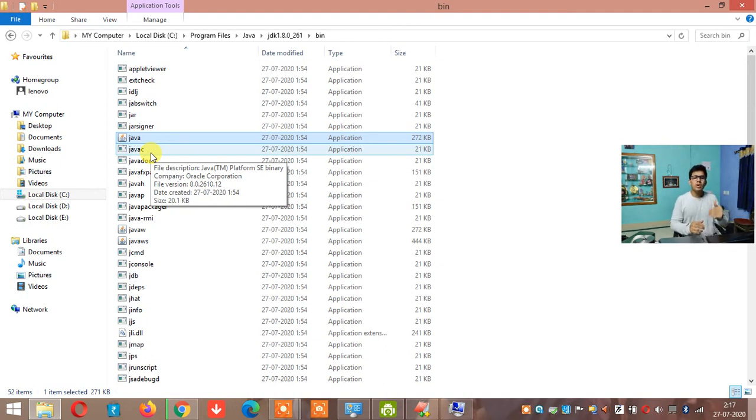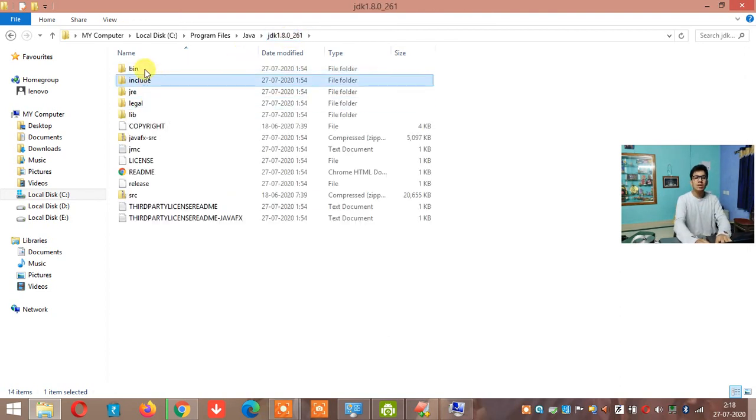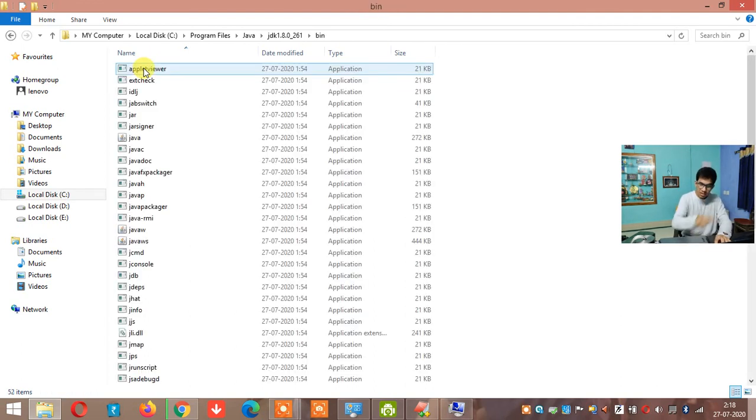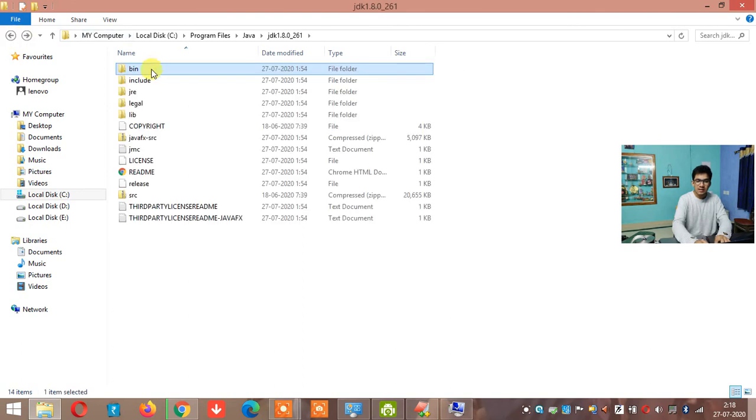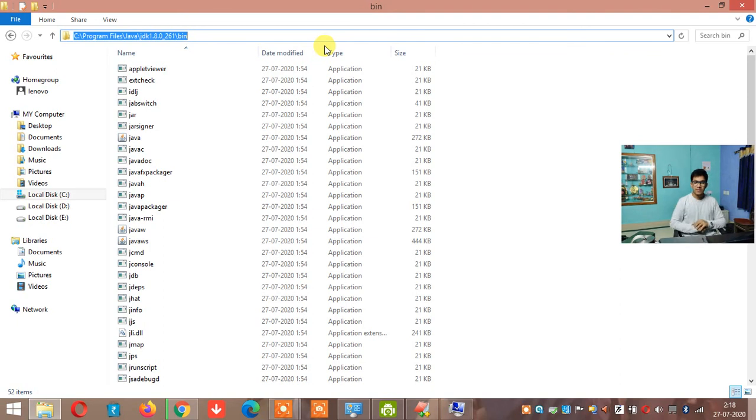Why should I give these two files separately? I'll go one step back and I'll give the bin only. I'll give the bin, because I know that inside bin, if I open the bin, there are a lot of important things. Yes, I'll go back and I'll tell, this bin I have to give. So I have selected bin, right? I'll click bin. I'll copy this link from the C drive.